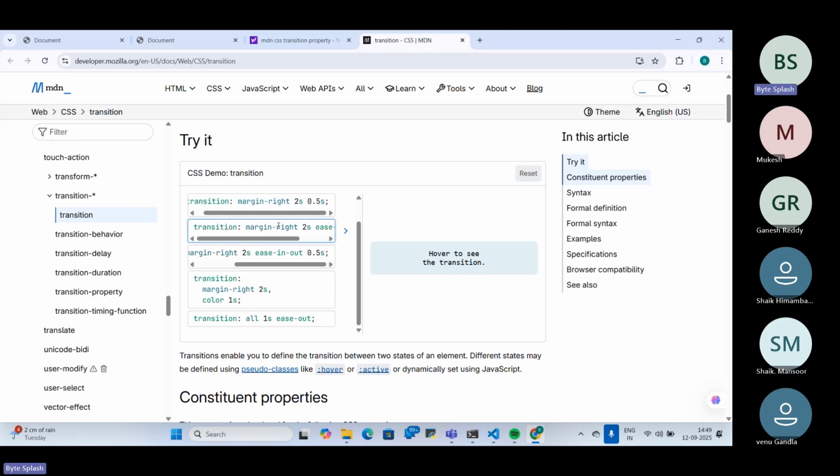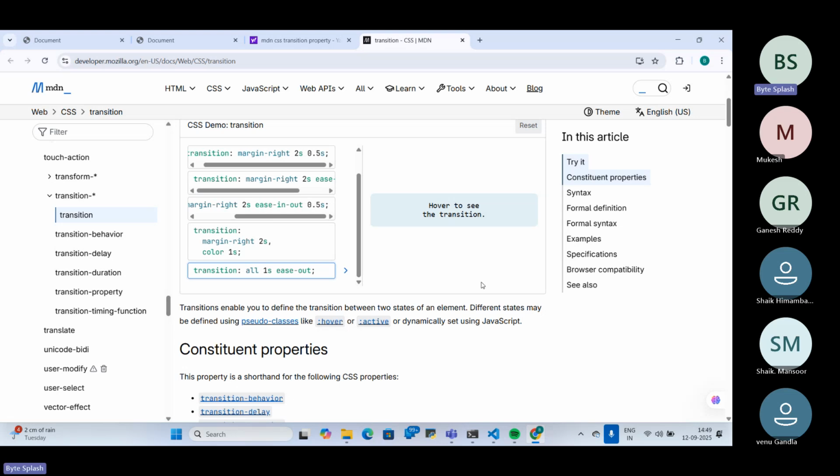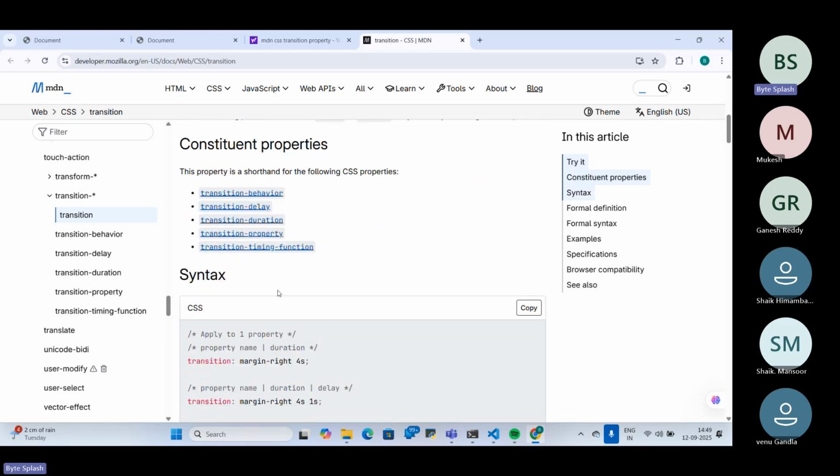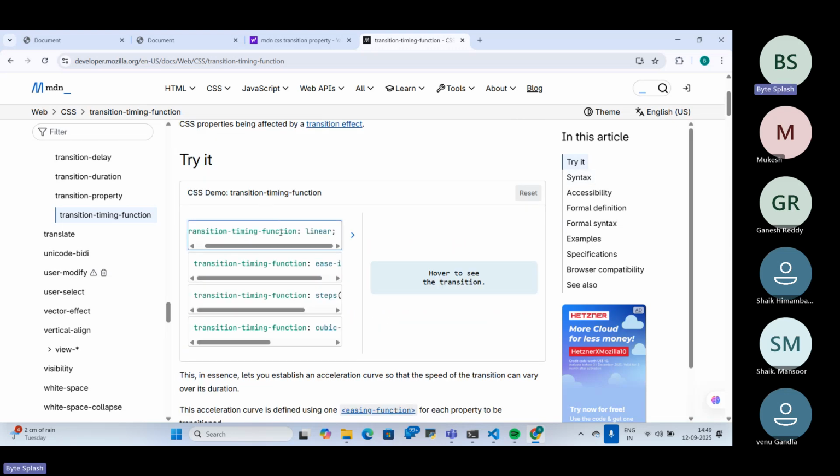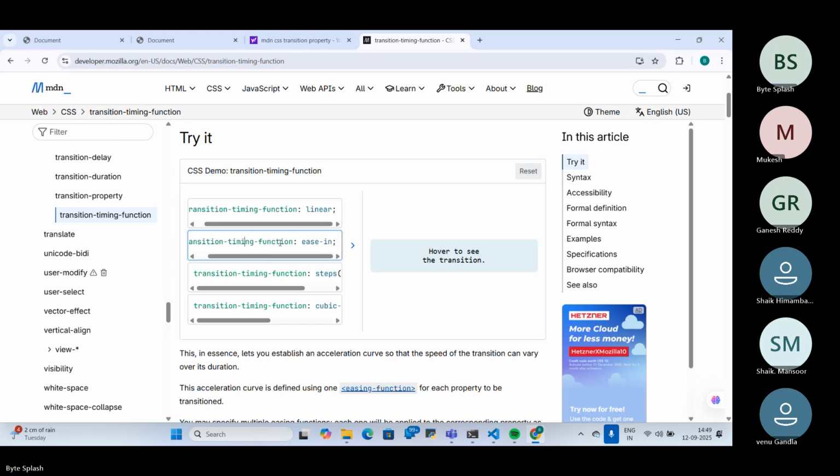Here it is being used properly. We are not able to capture the timing function. So linear. They have not mentioned it, right? Okay, so comparing to here,